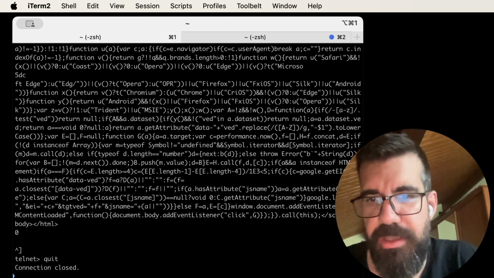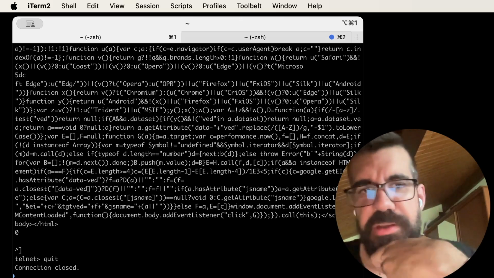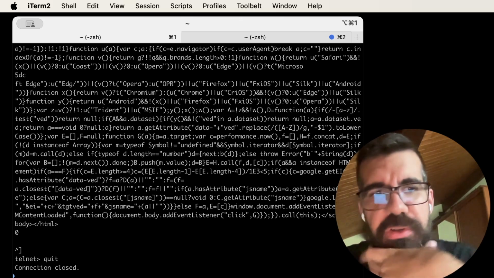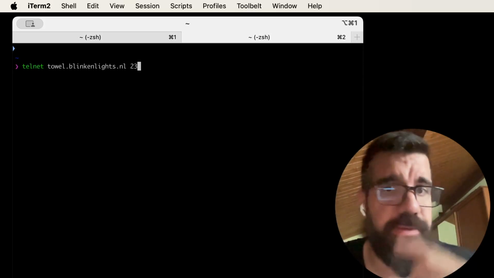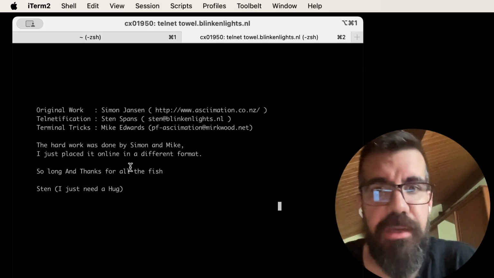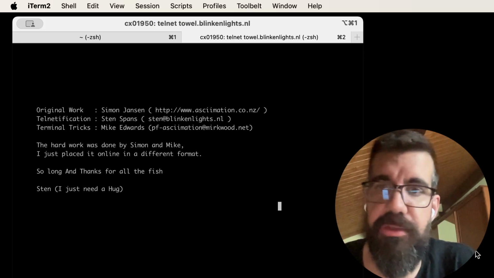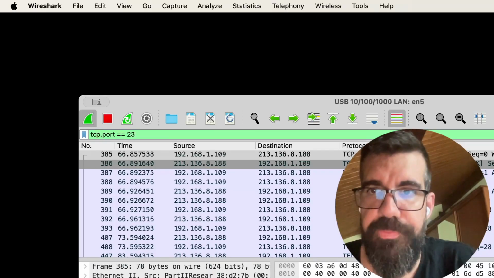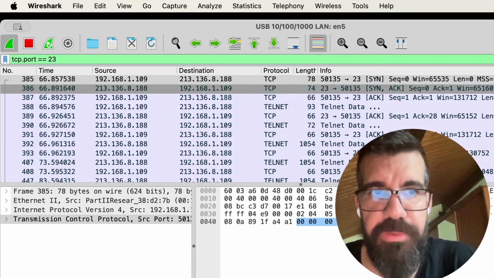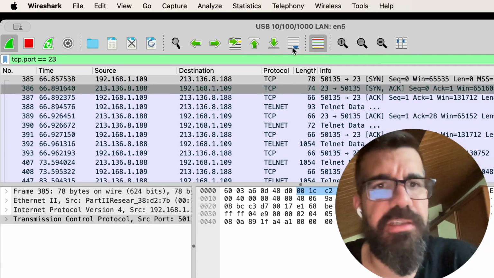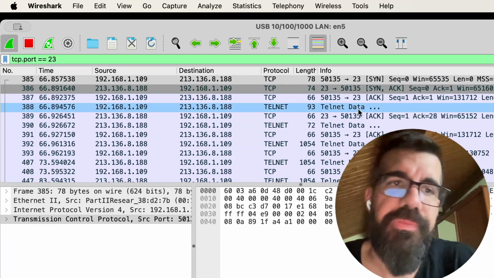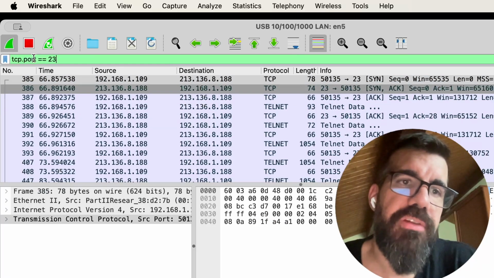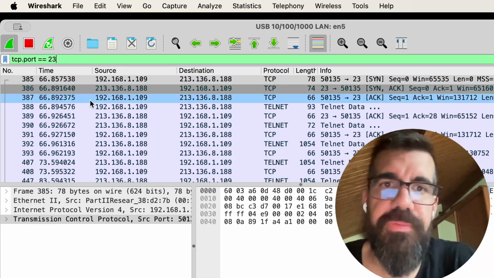Okay, and now the next thing we are doing is sniffing the network to see how the protocol works. No need for 23, just the default port. Now it's starting again, and we will check in Wireshark what happened. I was talking about filtering by IP, but this is just by protocol because I don't have any other Telnet session going on. I'm filtering by tcp.port 23, which is the Telnet one, and here we can see